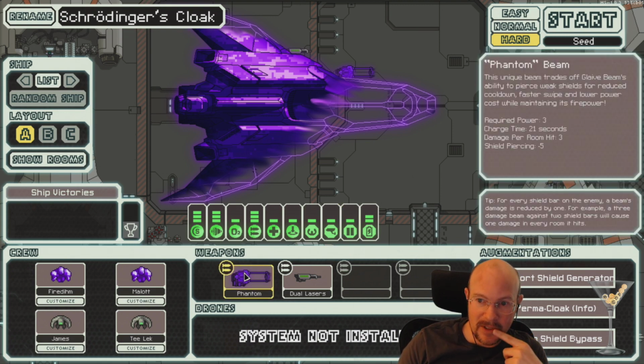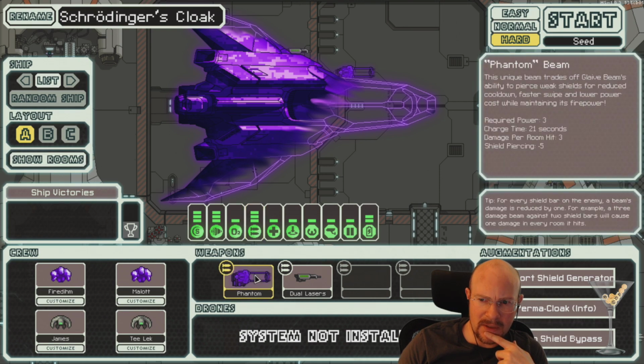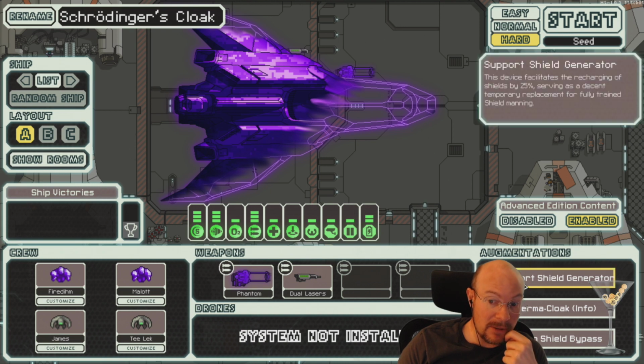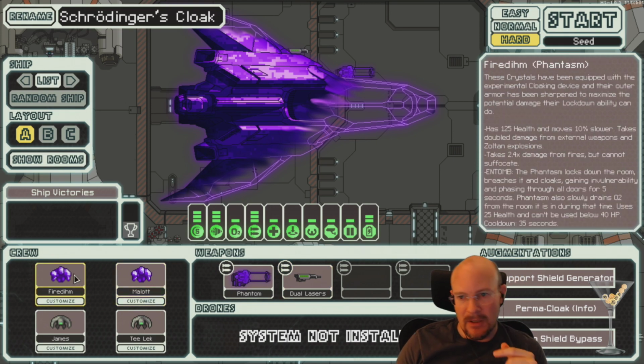Reduced power cost. 3 power. Oh, okay, wait, I can't use... Interesting, wait a second. So I won't be able to use this at the beginning. I'll have only a dual shot laser unless there's an immediate upgrade. This is stronger than the vanilla one. Vanilla has 15%. Oh, you're talking about the shield generator thing? Stronger than shield charge booster, gotcha. Okay. We have 2